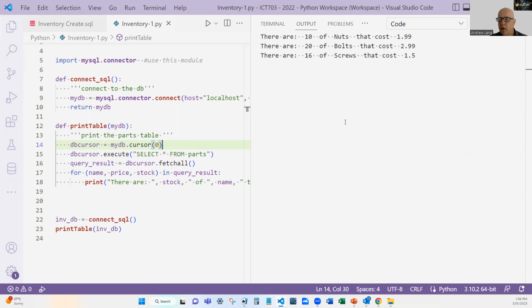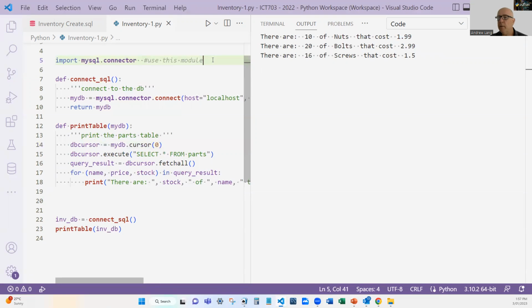Okay, so all I've done there is logged into the database and I've printed out the database. So let's quickly review what we've done there. First of all, I've talked about what the environment is. You need MySQL. You need some sort of workbench. I recommend the one in Visual Studio Code, but other people use the MySQL workbench. And then we need to make sure we have this module installed,